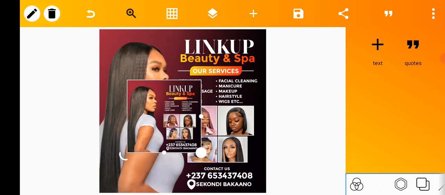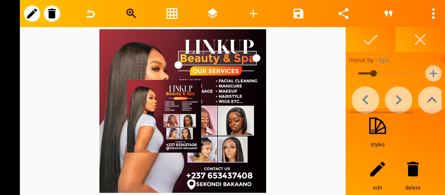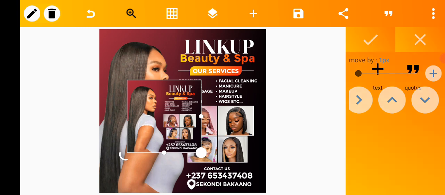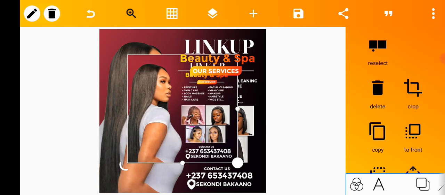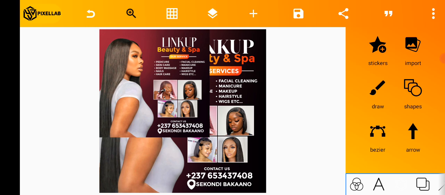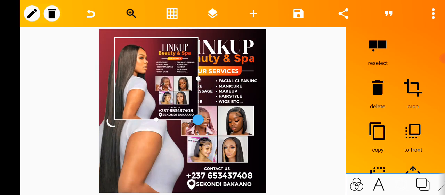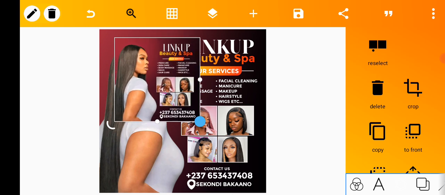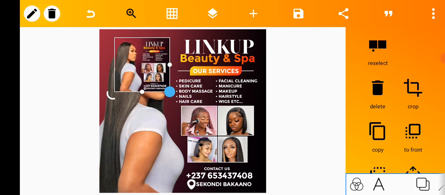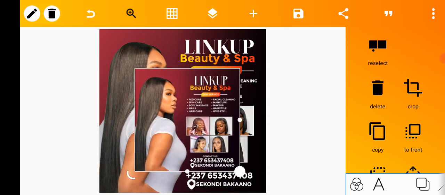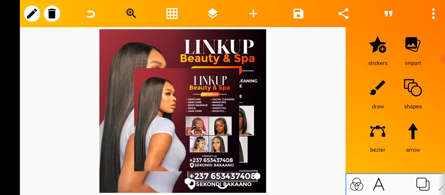We are done already. We are done with the flyer. We are done. So please, when you are replicating this flyer, ensure that you take your time, do it carefully,